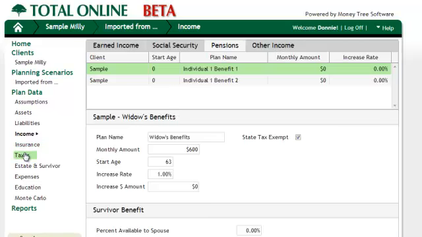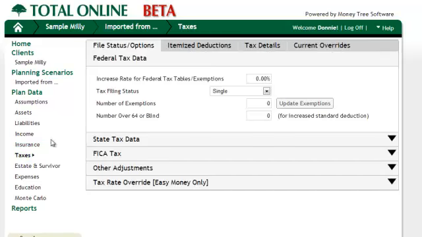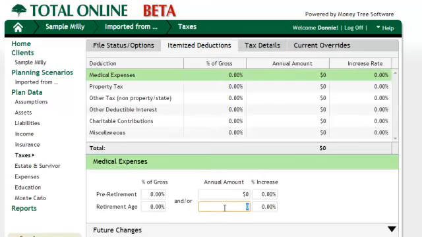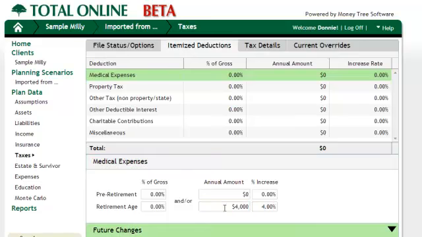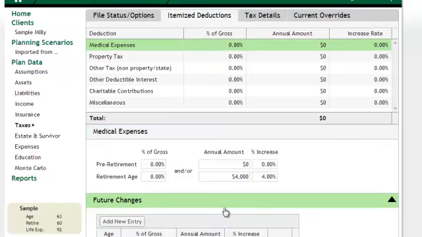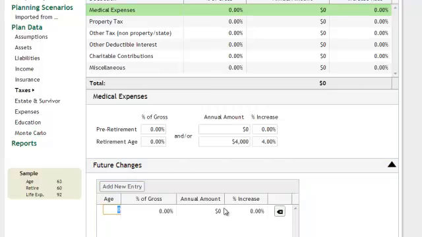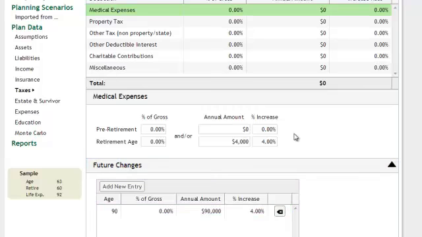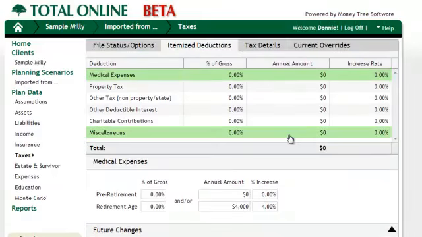taxes and enter her medical expenses. We enter them in taxes because they are deductible as an itemized deduction. We only need to enter the retirement age amount and then future changes amount because she's already in retirement, so we don't need to worry about that pre-retirement amount. We're assuming some long-term care for the last couple of years of life, and that's at roughly $250 a day